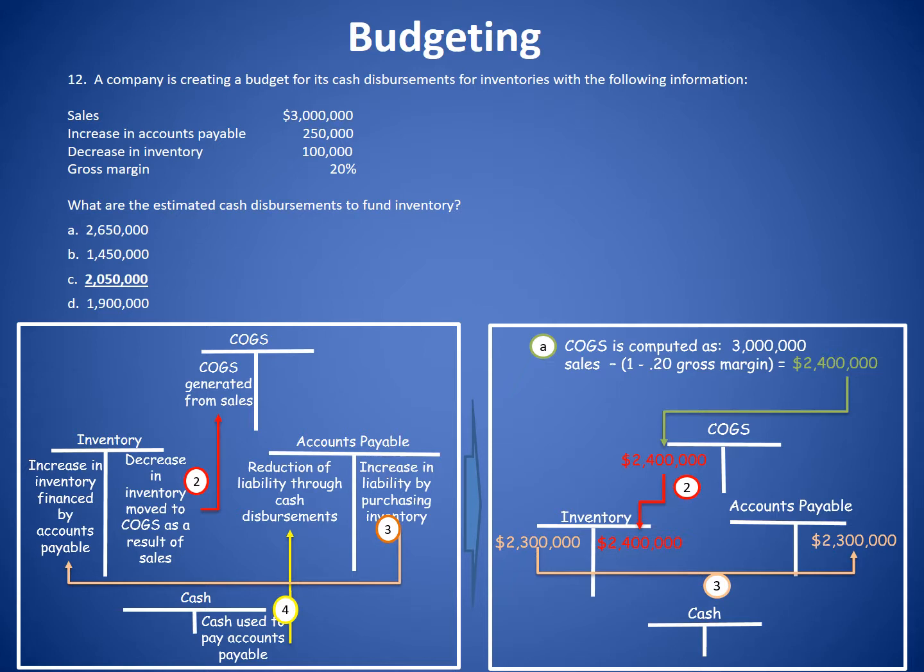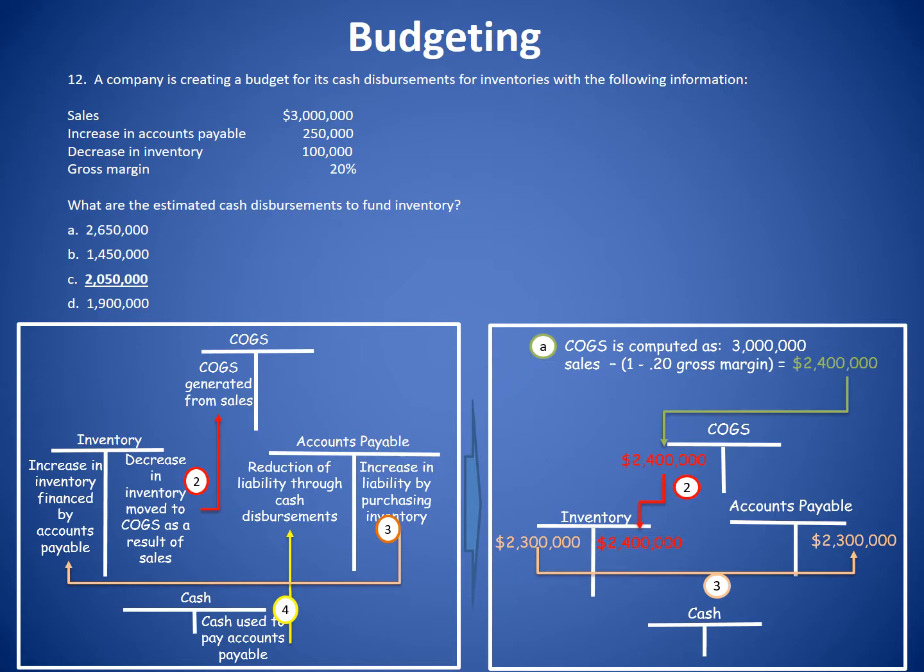Next, we take a look at our inventory amount, and we had a decrease in inventory of $100,000. So if our inventory decreased by $100,000, that must mean we had enough debits to equal $2,300,000, because if we have debits of $2,300,000 and credits of $2,400,000, that would indicate a decrease in inventory of $100,000. So if we have a debit to inventory of $2,300,000, that must have come through an increase in inventory that was financed through accounts payable. So our debit to inventory is $2,300,000, and our credit is to accounts payable for